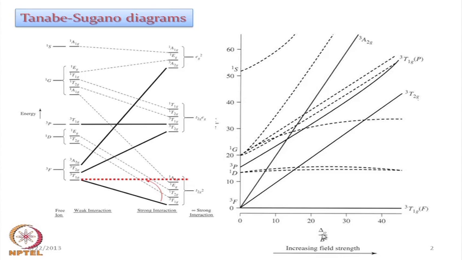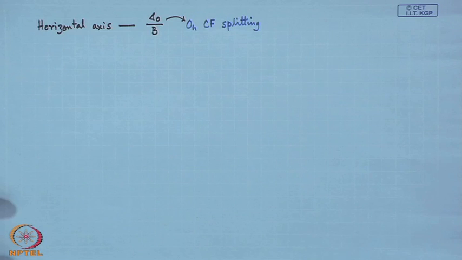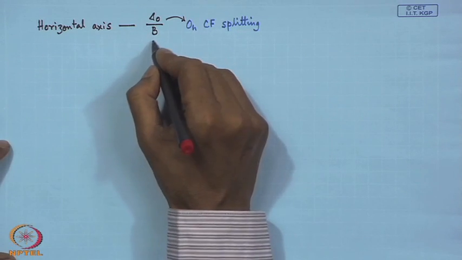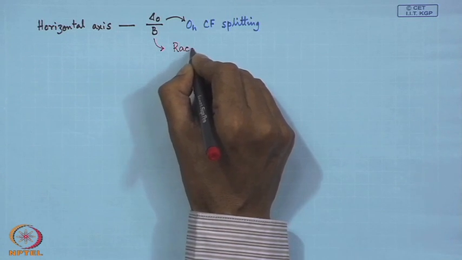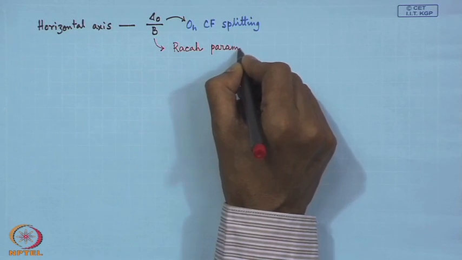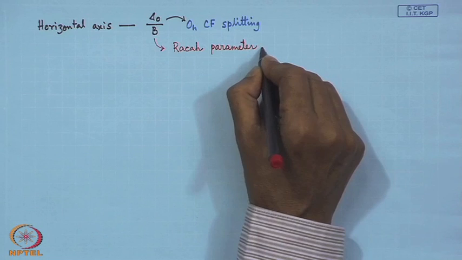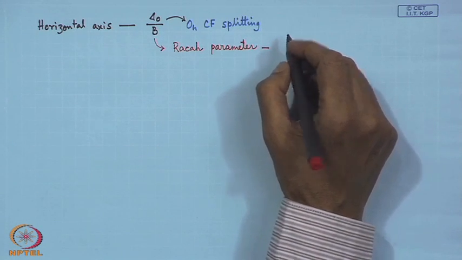So, in actual sense this is not only the delta O, but we will introduce some other parameter which is known as B. So, on the x axis we will be placing delta O by B, and this B is nothing but one particular constant which is known as the Racah parameter, which basically measures the repulsion between the terms